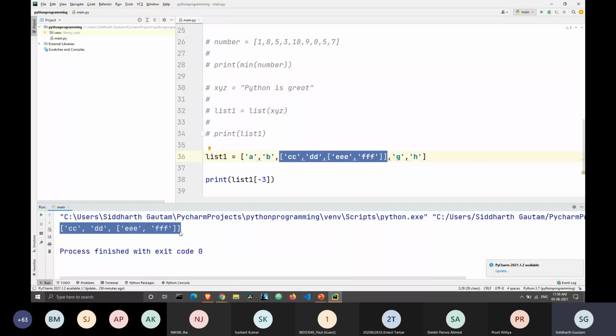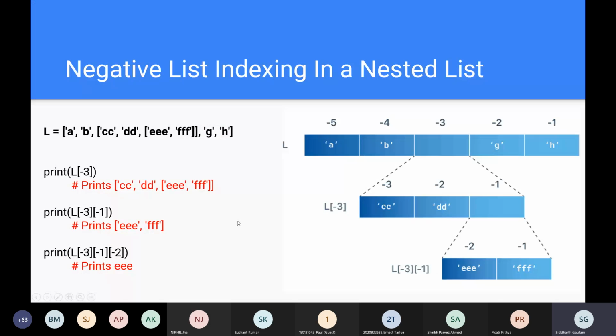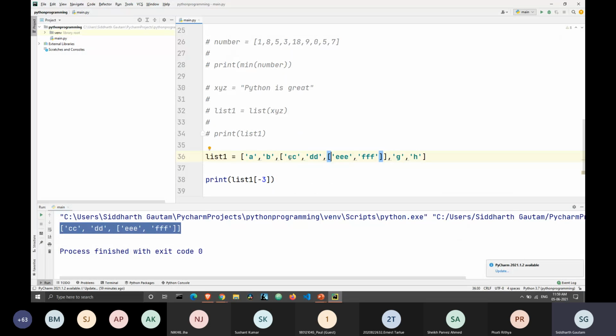Similarly, inside of this list, this is the 0th element, this is the first element, and this is the second element. Which means if you take an approach from the negative side, inside this nested list, this list is the element at the -1 index, so if I write -1 here, we should get triple E and triple F as the output.